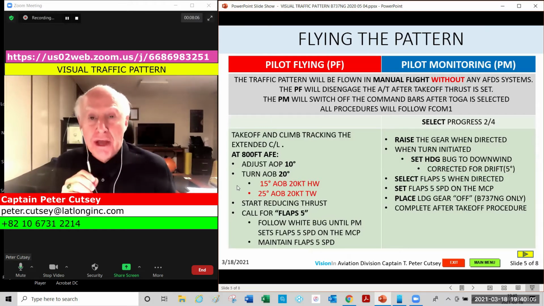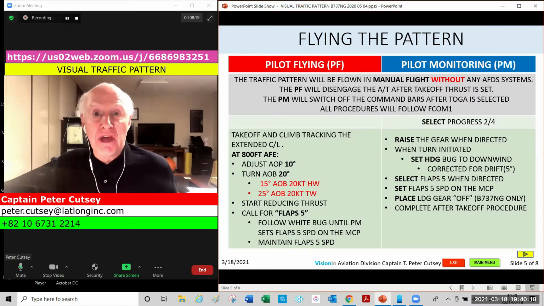Take off, track the center line. You know how to track the center line. You know what the drift is. So 5 degrees, you should fly a heading of 124. That will track you out to 800 feet, 800 feet above airport elevation. At 865 on the barrel altimeter, you're going to turn right, first officer, and you're going to do 4